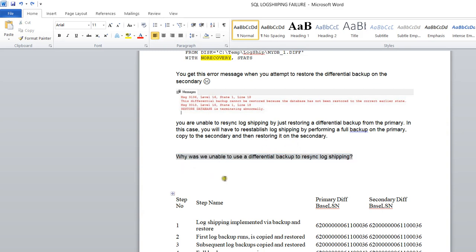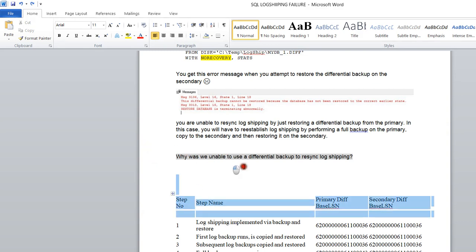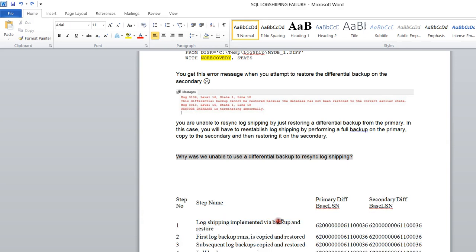So I have designed this table. You need to understand a bit about the LSN, the log sequence number. Let's focus on all those LSNs. In step 1, when you are initiating the log shipping in the initial phase, when you are configuring the log shipping, we take the backup of the primary and restore it on a secondary, right? When you take the backup, the LSN will be generated, and that same LSN will be transferred to the secondary, right?